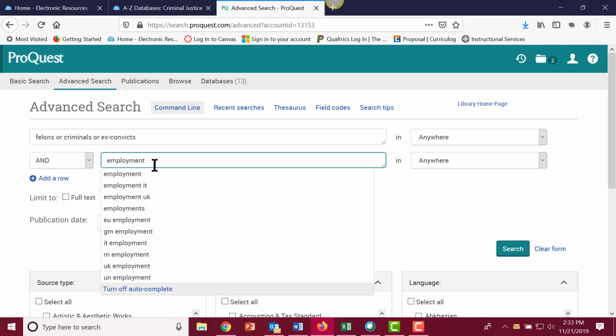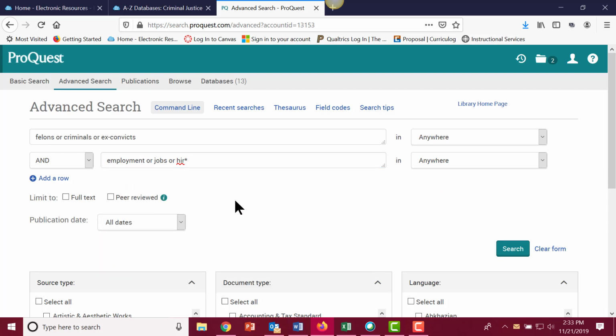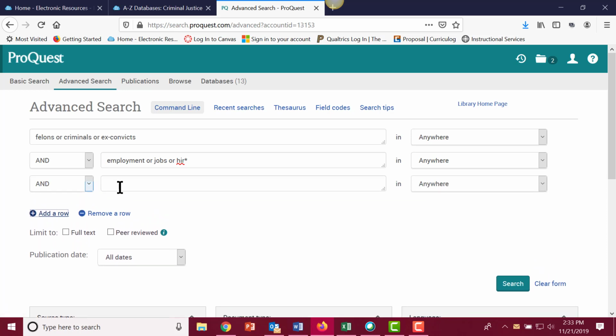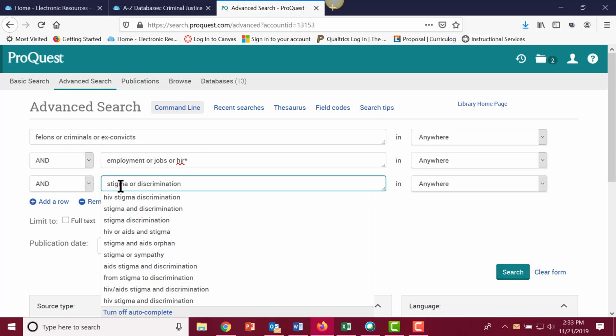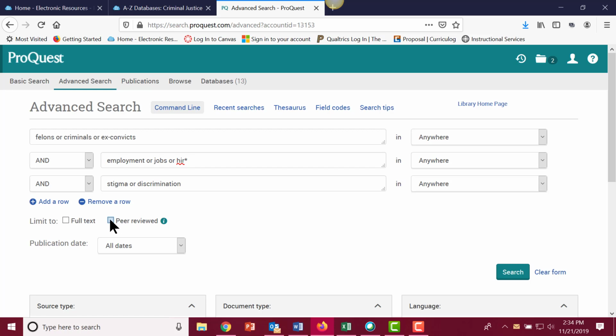Employment or, well, you see I have trouble typing, or jobs, or I can do hire and do the asterisk, which will look for hires, hiring, all possible endings, and then I can add another row, stigma or discrimination. If I want to, I can click here for peer reviewed, click search,